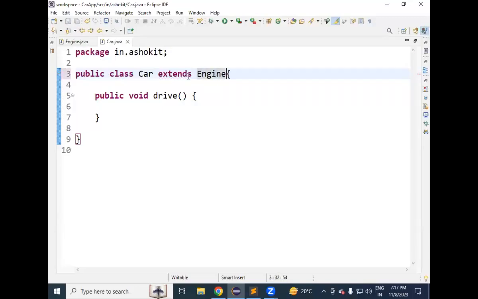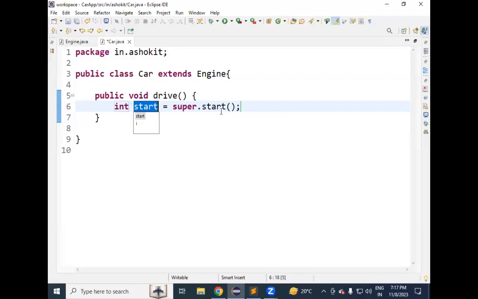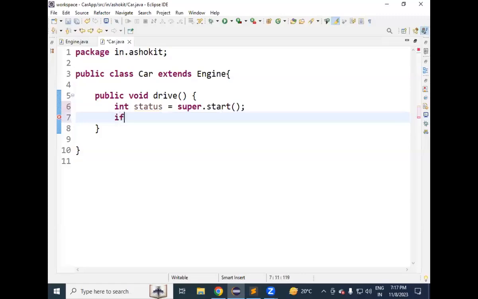Extends Engine. I'm extending from the Engine. So then what I can do? Super dot start. When I'm extending the properties, the Car class becomes a subclass and the Engine class becomes a super class. Now subclass methods can access super class methods directly. So I'm going to get the status. Now if the status is a positive number, if status is greater than or equal to 1, then